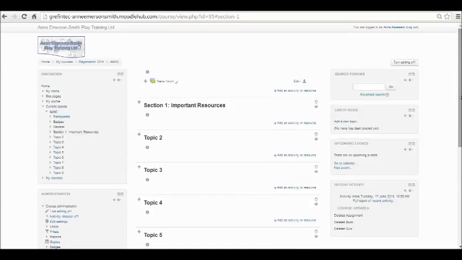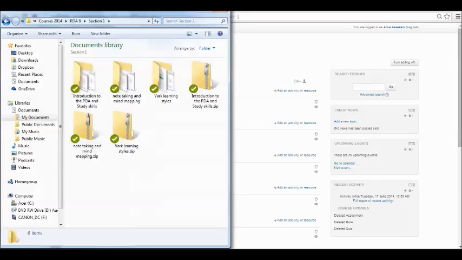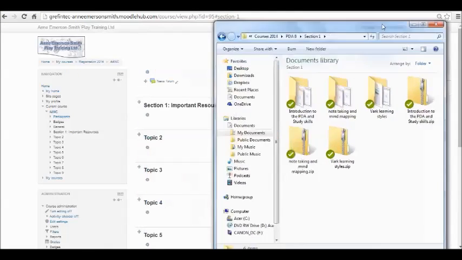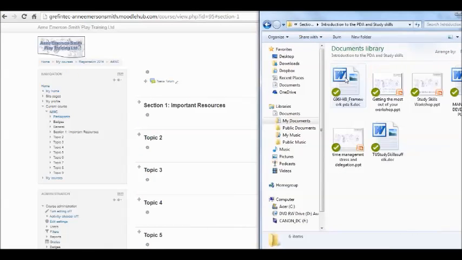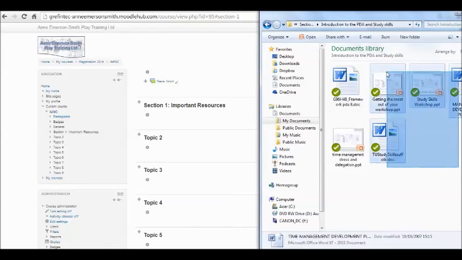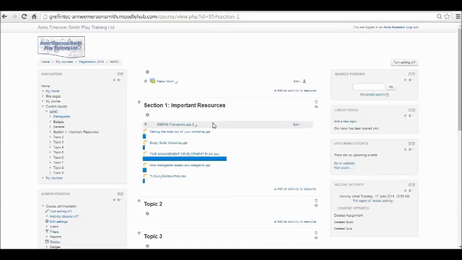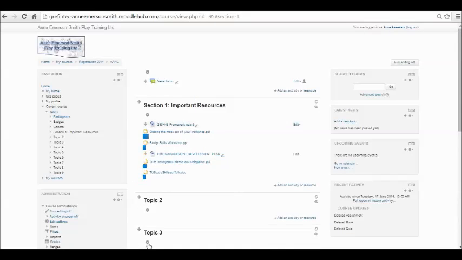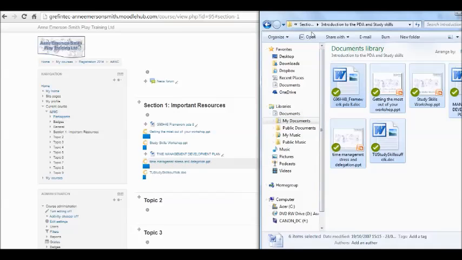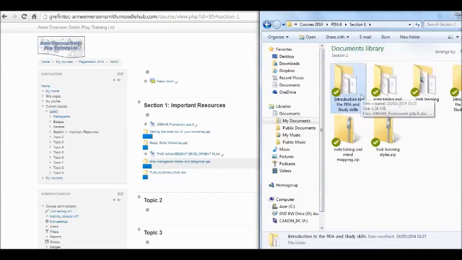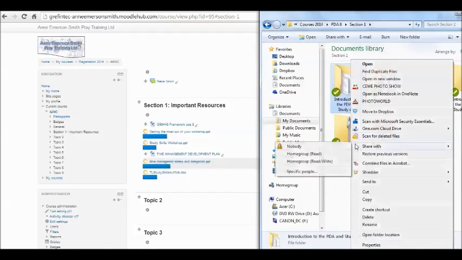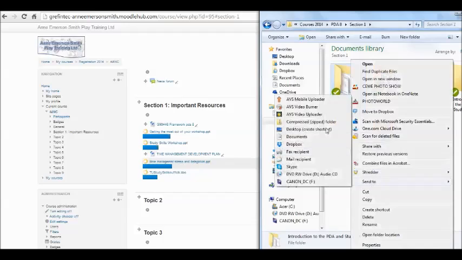To add content, all you have to do is open the folder that you have on your computer with the information in, and you can either select everything that you want to upload and drop it into the section, or if you want, you can deliver it as a folder by going to the folder you want to deliver, zipping it by clicking with your right mouse button, going to send to and then compress zip folder,